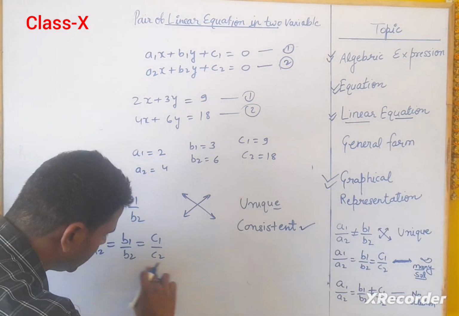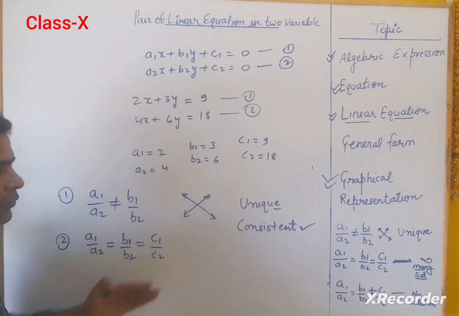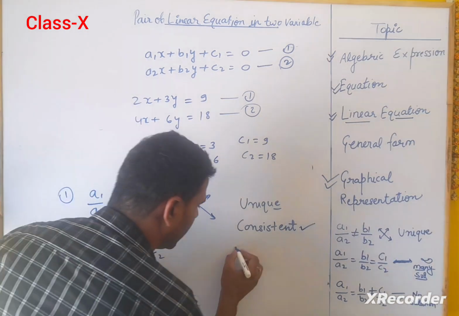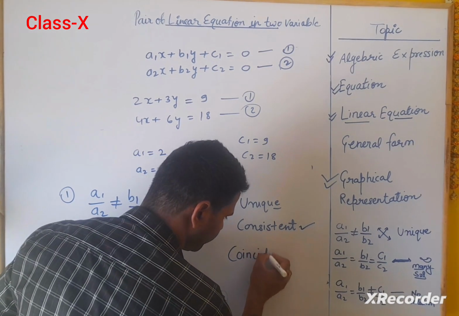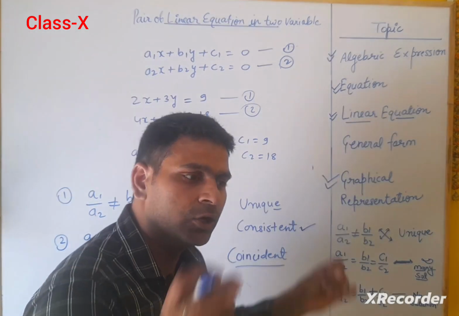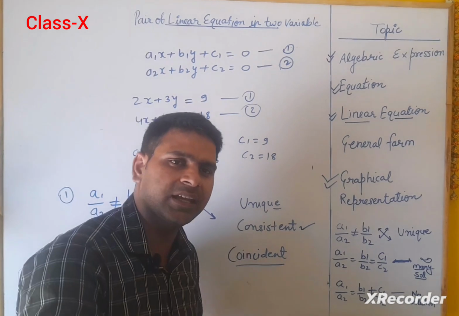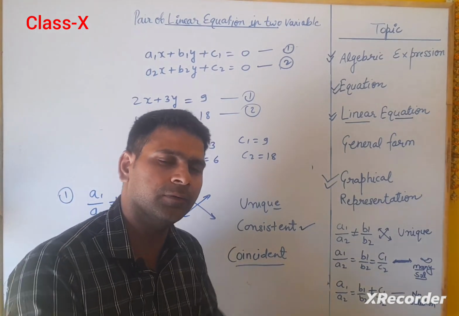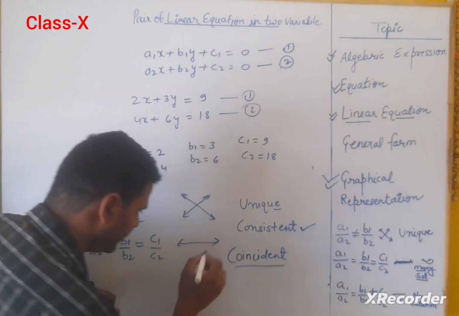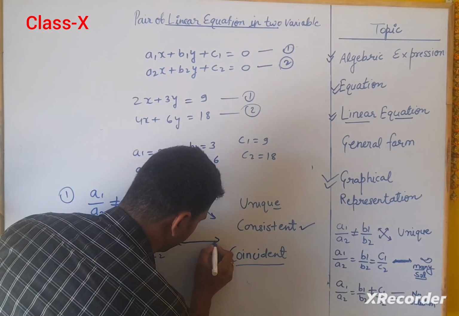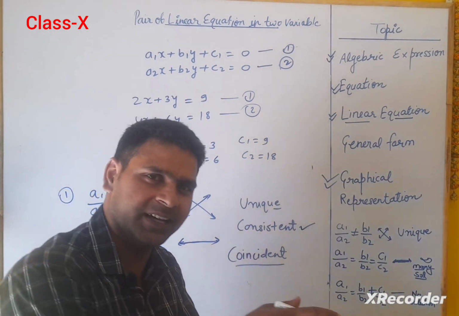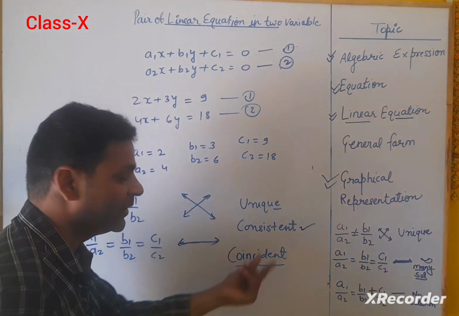So if the equations come in that way, we can see that it has infinitely many solutions and they are all coincident. Now here is a new word, coincident. Coincident means two lines lie on the same path. It means one line is on top of another line. Suppose we have drawn one line and another line lies on the same path, we can say that it is coincident. It means one on top of the other, so that's why we call them coincident lines.